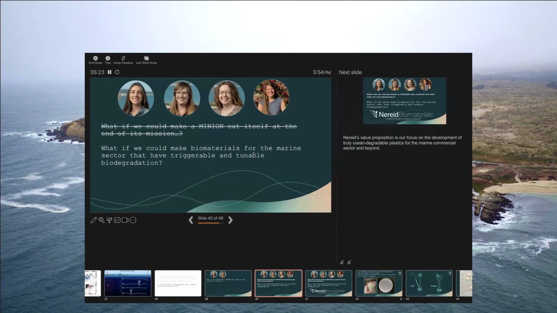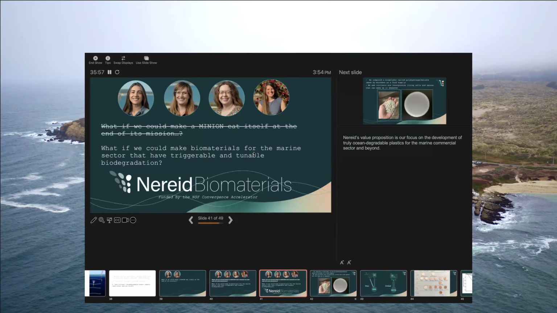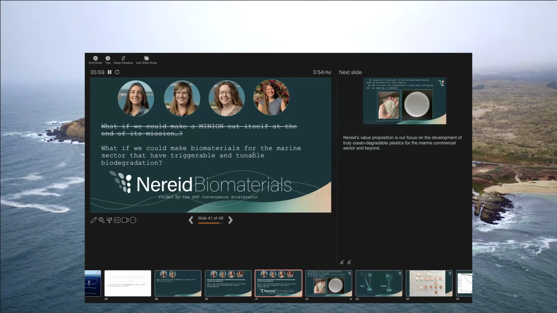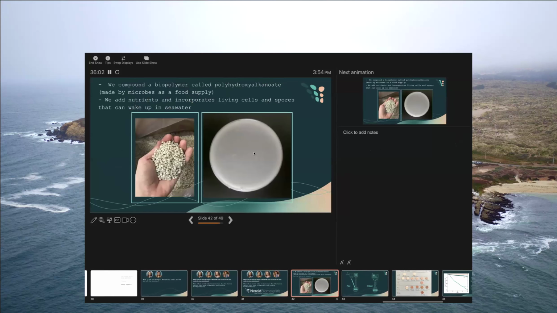And so we added a couple other members to our team. Anne is a living materials and synthetic biologist, and Allison Pija is at a company called Mango Materials, which does bioplastics. And we basically stepped back a little bit and started to assess the idea of adding microbes and other things to bioplastics, specifically for the marine environment, with a goal of making the degradation triggerable and tunable. And that's what gave rise to our little startup company called Myriad Biomaterials.